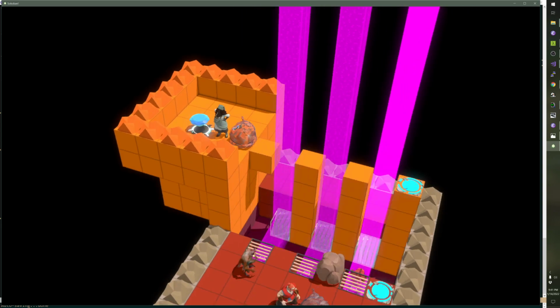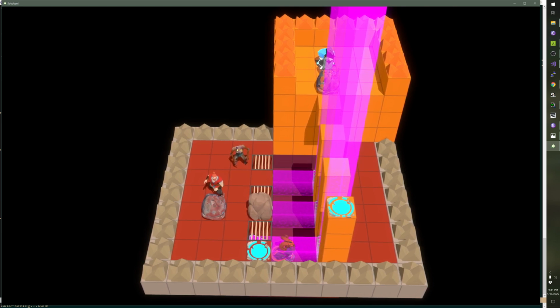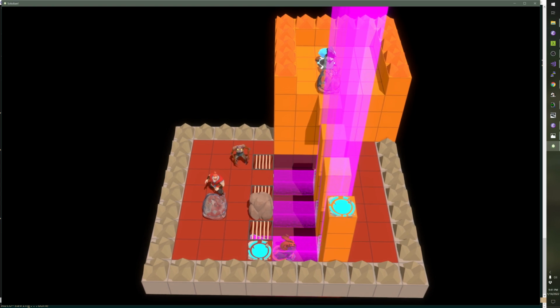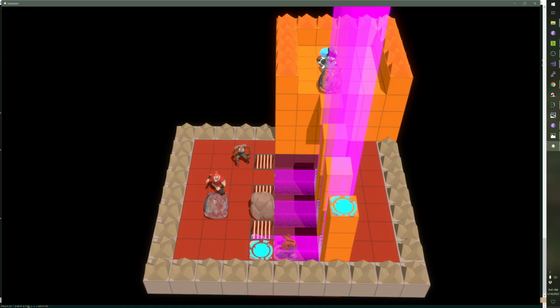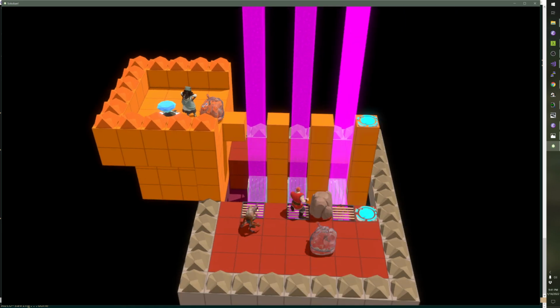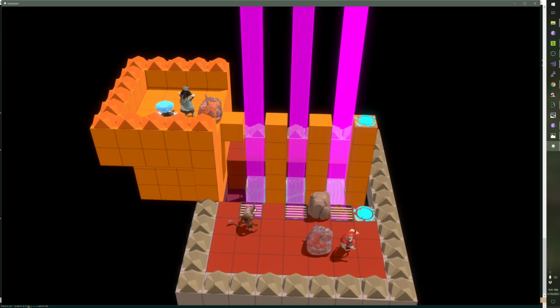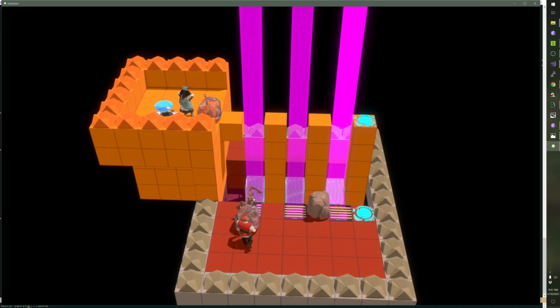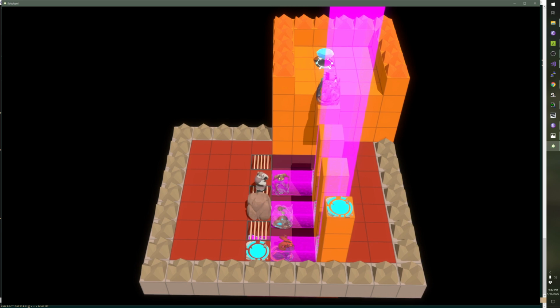So we need to block the beams with, okay, so I need to use this, push this block down, and then there, right? And then,